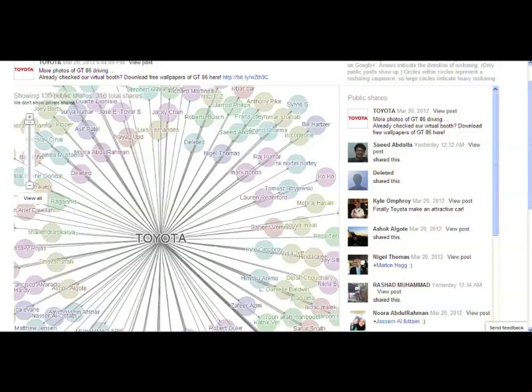And I should say, I just want to say at the beginning of this, in terms of privacy, these are only people who have publicly reshared that post. So like you saw earlier when you looked at my Google Plus profile, I'm sharing a lot of content privately. You won't see that as a brand, and we think that that's important.